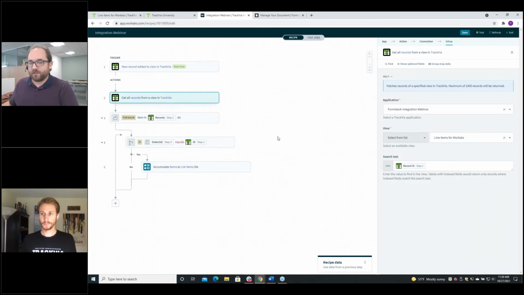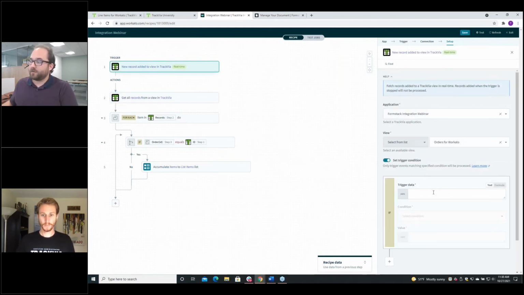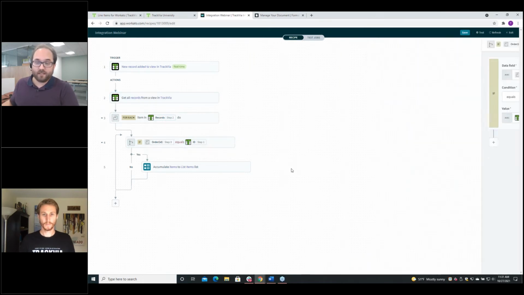We have a question: is there a way to put a condition on the order ID onto step 2? Basically, that is what the search field is. It's as close as we can get to that. While we can put a condition into step 1 saying only records that meet my criteria will truly trigger this recipe, when we get on to step 2, we're instead telling it just go get everything out of this view. The most we can do at that stage is the search. So then we do our filter manually through this each loop.